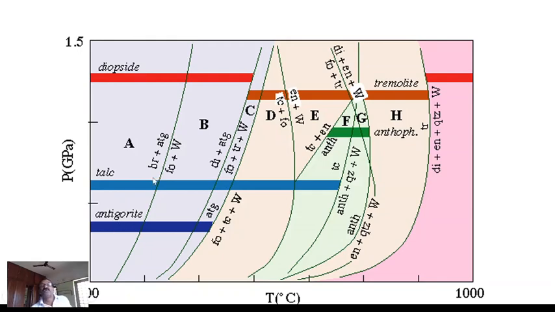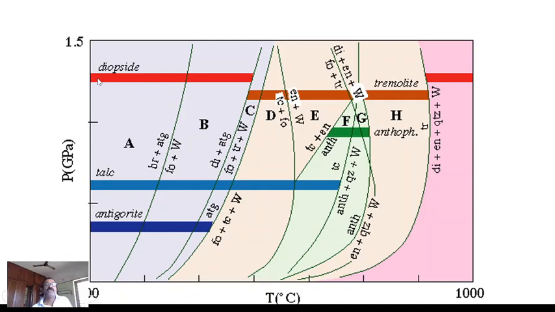So I have spoken about many reactions. Now we can see here, around 300 to 350 degrees Celsius, there is a reaction: brucite plus antigorite gives forsterite plus water. So now the antigorite is stable up to here. You can see at low pressure, the antigorite is stable up to around 400 or 430 to 450 degrees Celsius. Then look at the stability field of talc. This is at much higher pressure and it is going up to 700 and 750.